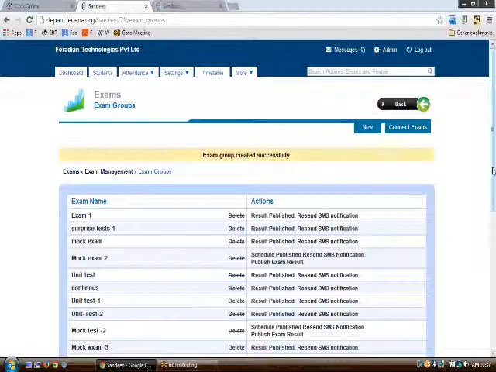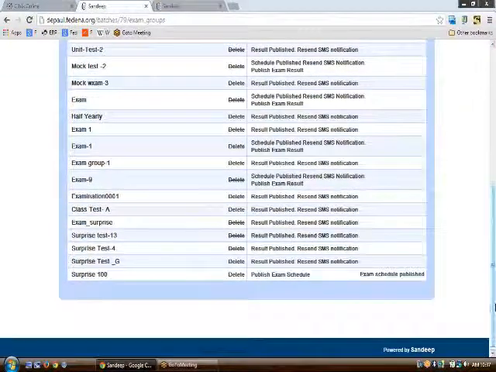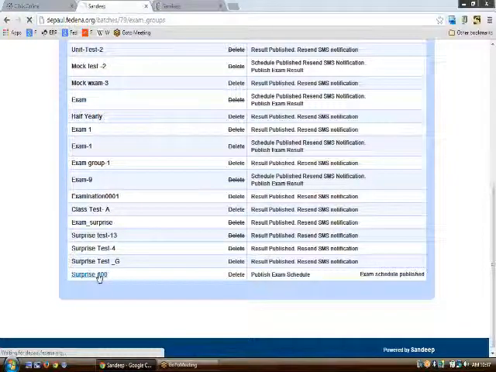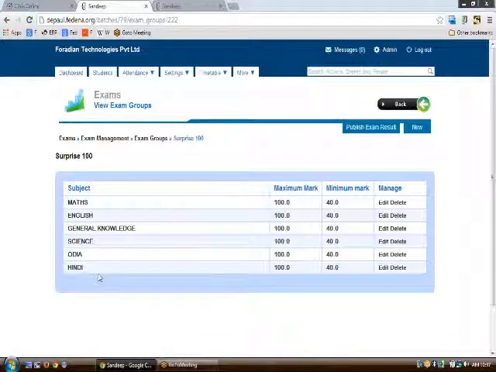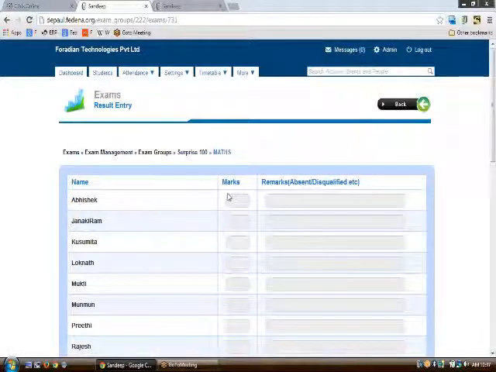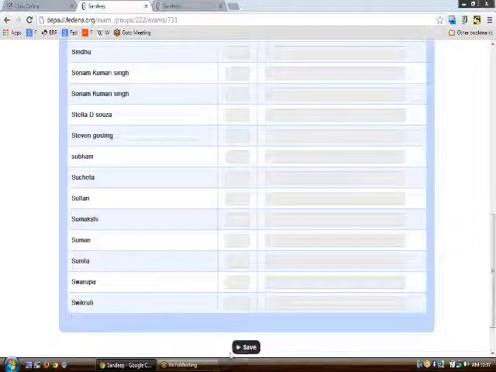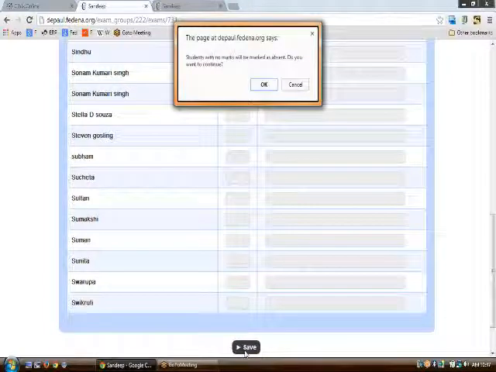So having entered all the exam schedule, now it's time to enter some data for this particular exam. If you want to enter some data, you need to click upon the subject here, and for each of the students you need to enter some marks, and hit save.